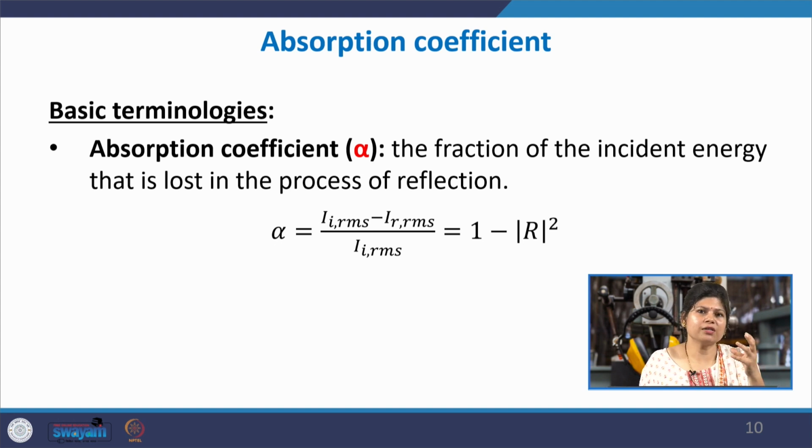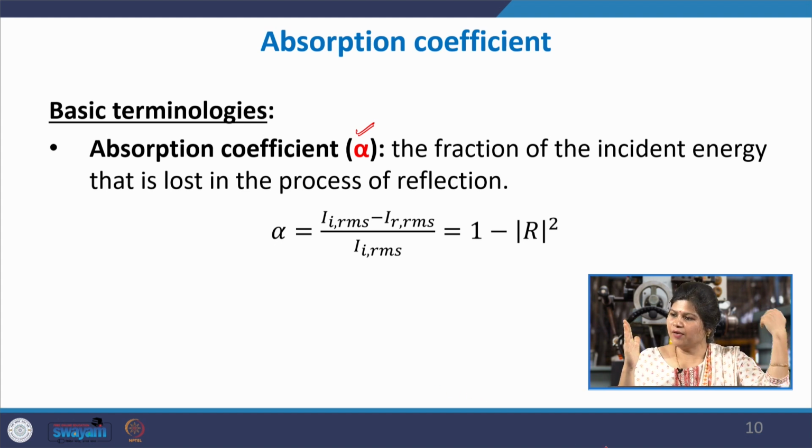So, we use the term absorbed, but physically what is the definition of absorption? It means that whenever there is an interaction at a medium boundary, there is some loss in the reflected energy. Suppose this is one layer of material. You view it like this: a wave came, hit it and came back, but there is some loss in the reflected wave compared to the incident wave.